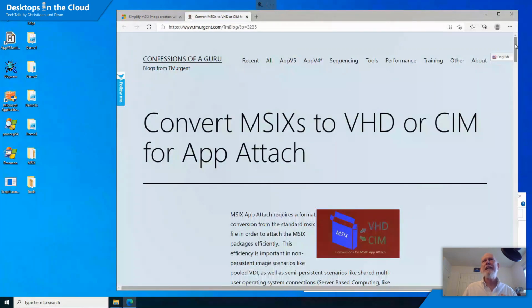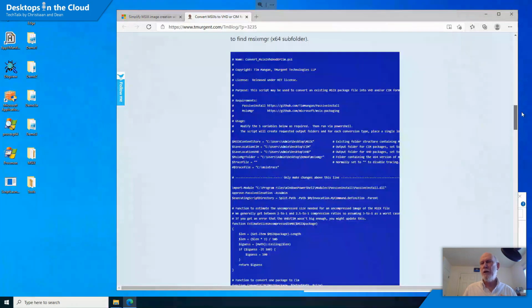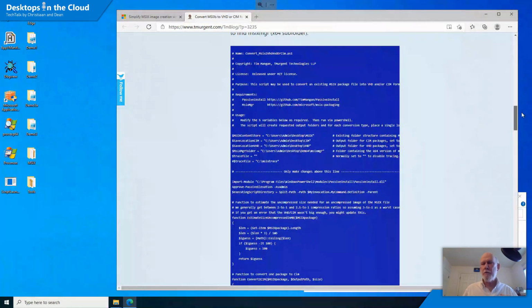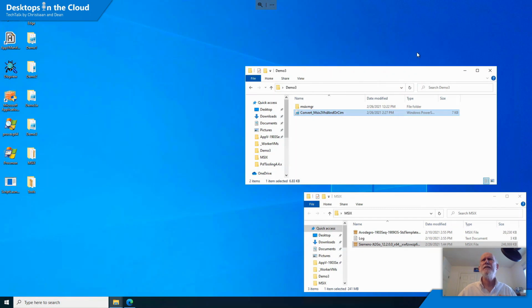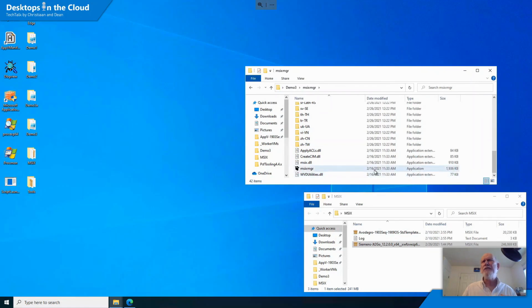So I've taken some of the work that he did and created my own PowerShell script here that would loop through a whole folder of packages and do the conversion for you. So you can get that off of my blog at TMurgent.com. Let's go there. This is the actual MSIX Manager piece. So you can see it's an exe, a handful of DLLs, and that's the tool that we'll be using